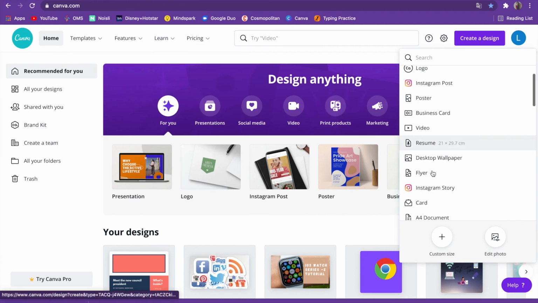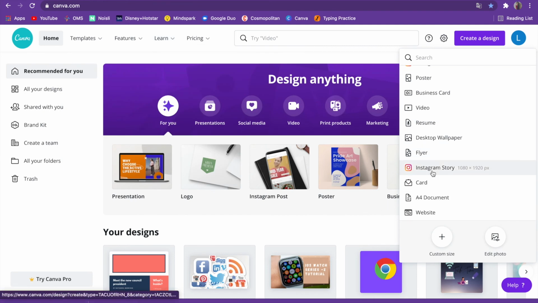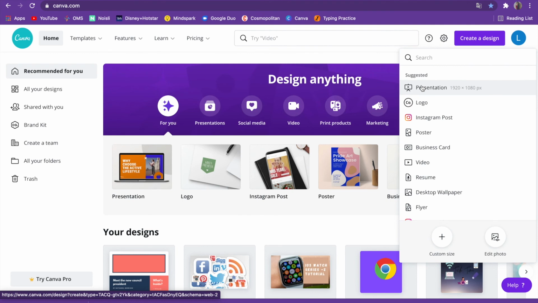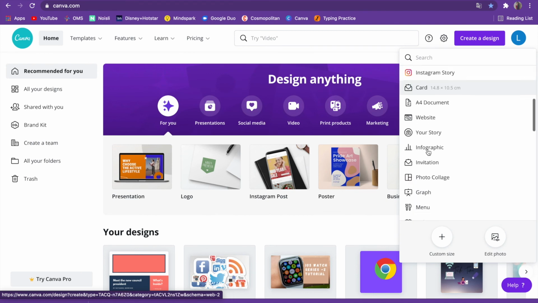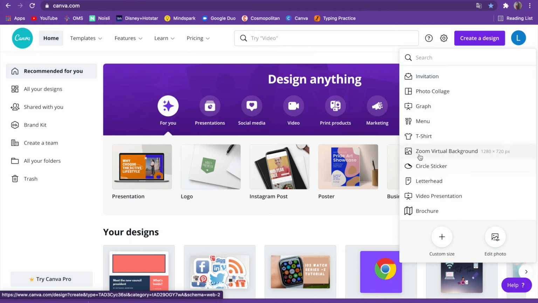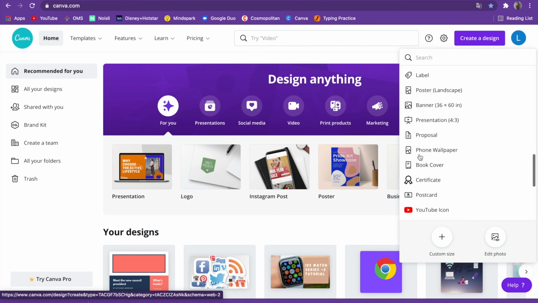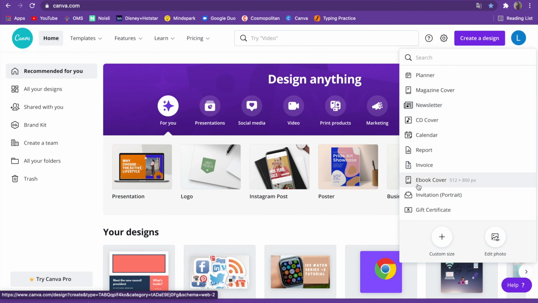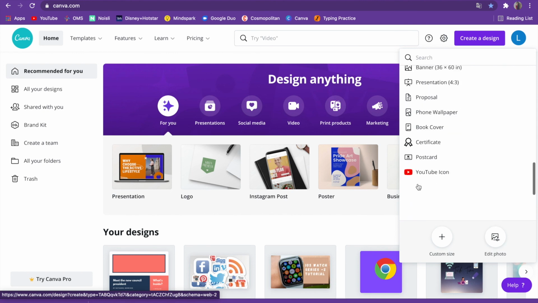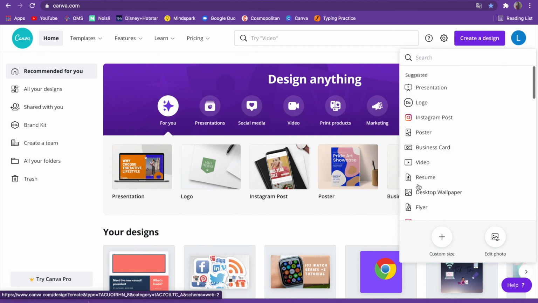You have so many options by Canva, guys. If you want, you can create a presentation, even an Instagram post, or a business card, or anything you want. And the most requested was newsletter, which is also available now. And every option is there. So when you start using Canva, you feel like it's however you want, it is given in this. But I don't feel that other editing apps give such options.